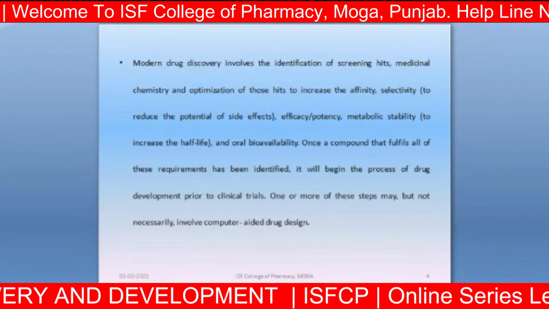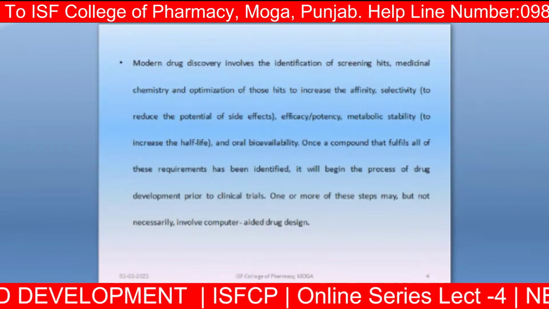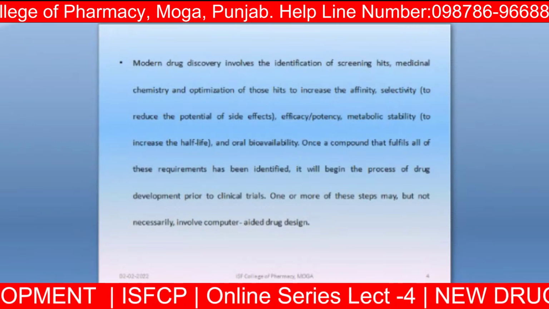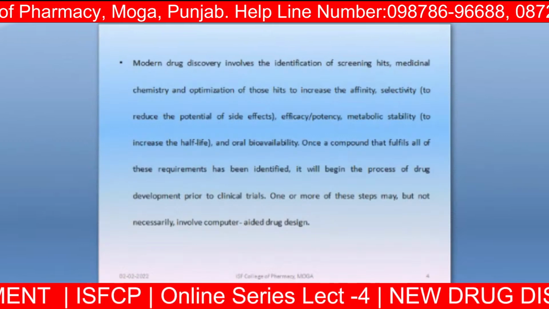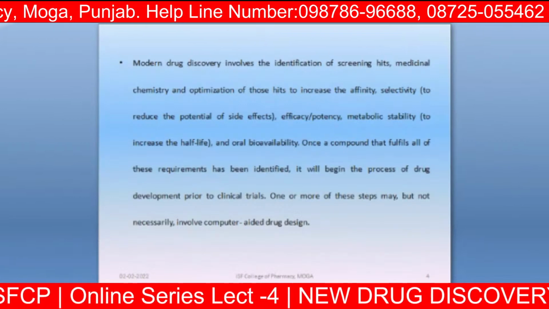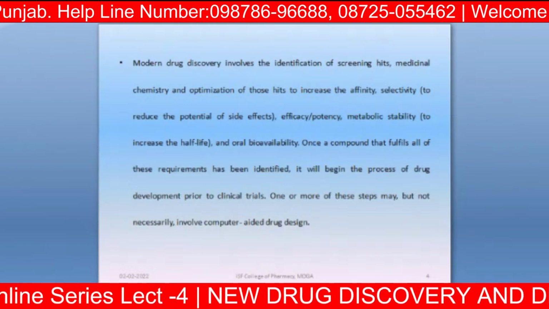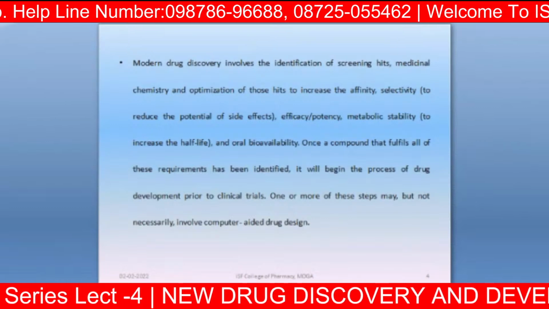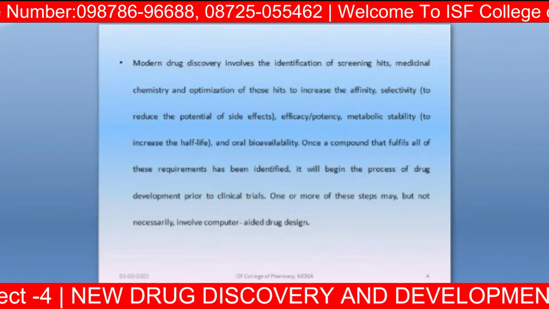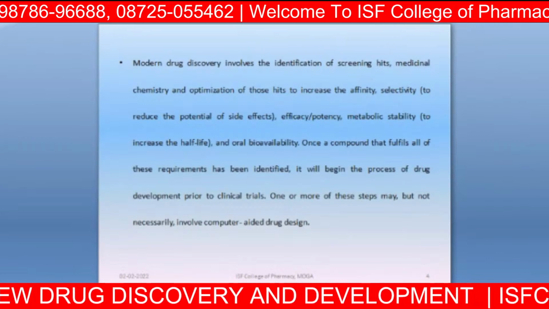From this whole study, it has been observed that if we want to manage a disease, our primary goal is to ensure that the drug is released at a particular site. So let's proceed further. Two more terms are efficacy as well as potency. Potency means the minimum amount of drug that you require for your pharmacological action for the management and treatment of the disease.